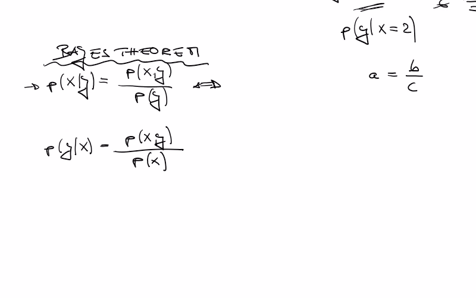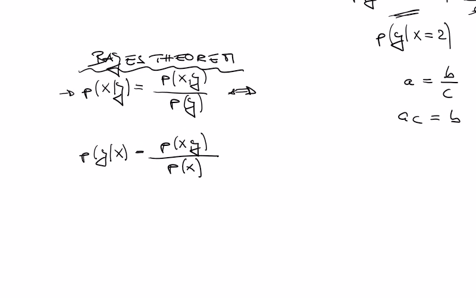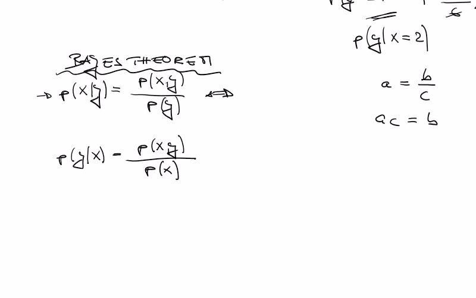If you multiply the whole thing by c, what do you get on the left? AC, and here you get b. So if you now treat p(x given y) as a, the joint distribution p(x,y) as b, and p(y) as c, what do you get on the left? You get p(x given y) times p(y)